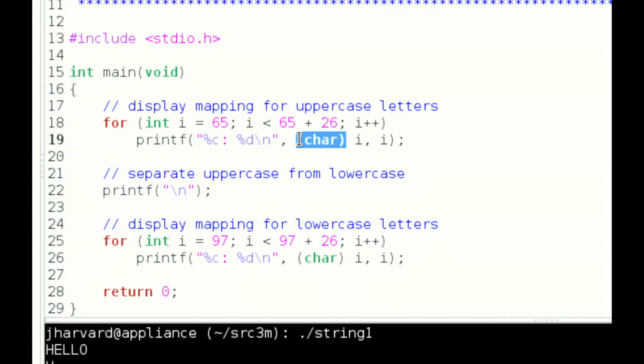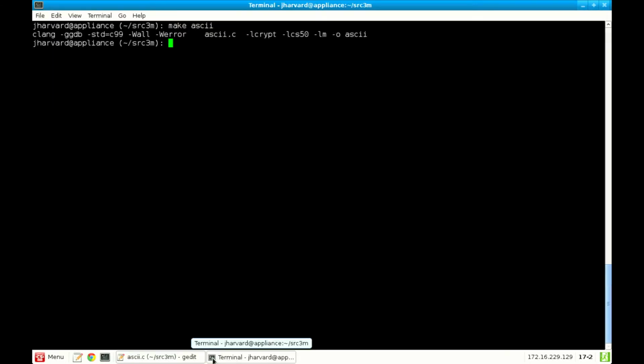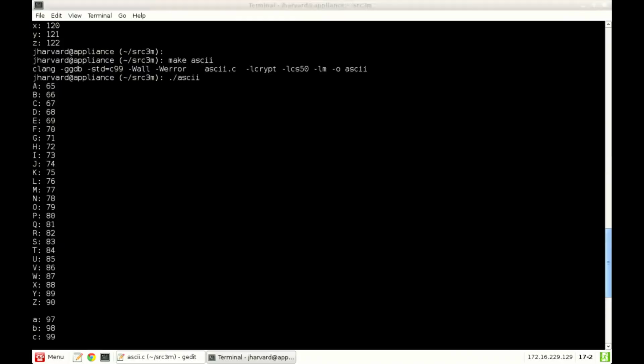And it turns out I technically don't even need this. What I was doing a moment ago is explicitly casting by specifying what data type I want to go from and to. But notice that I already have this placeholder, %c, and this other %c placeholder here. Even though this is an int, the computer realizes that a char, it's just an int underneath the hood. So if I actually recompile this and rerun the ASCII program, notice it still just works, because the computer realizes that there is this correspondence. Now, it's more important to do the explicit casting in the world of floats to ints, because there you're actually making a calculated decision. Throw away everything after the decimal point. Here, there's really nothing to throw away, because a character is just a number, and a string is just an